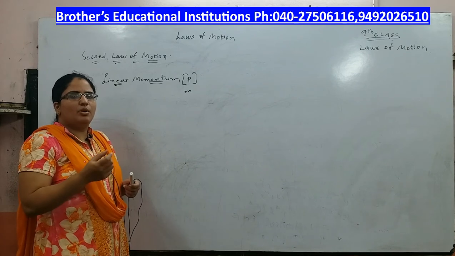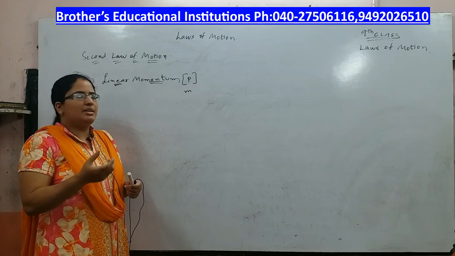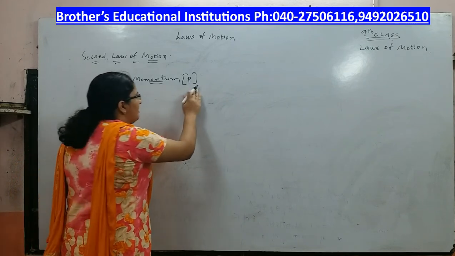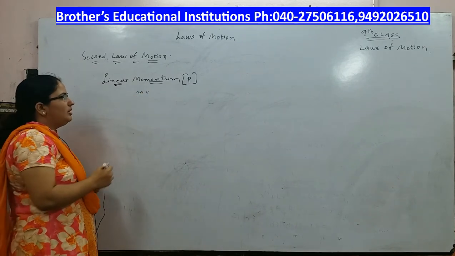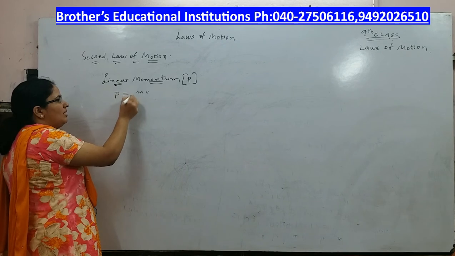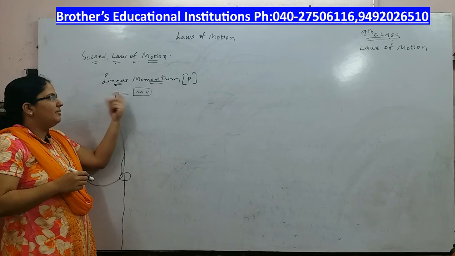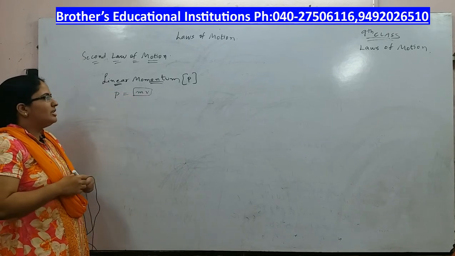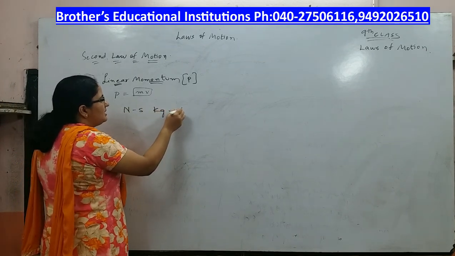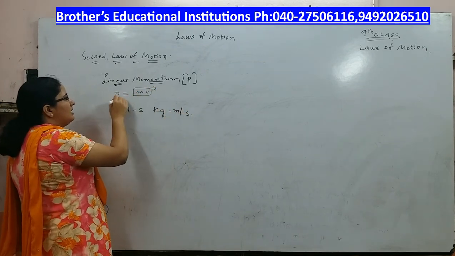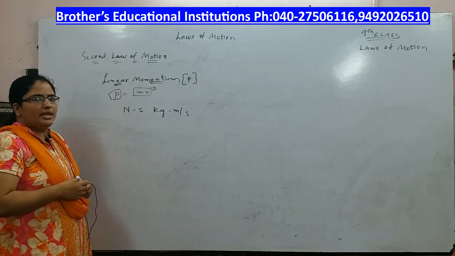In the first case both have the same mass, but the bullet that came from the gun damages the wall more. So if we combine the mass and velocity of a body, that is called linear momentum. P is equal to mass into velocity, that is mass in motion, m into v. The units of linear momentum are Newton second or kg meter per second. Because velocity is a vector, momentum is also a vector. So that's about linear momentum.